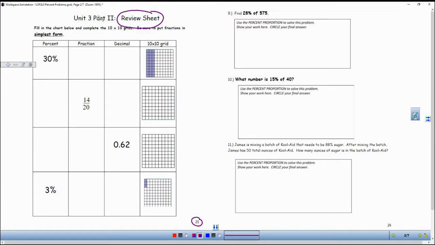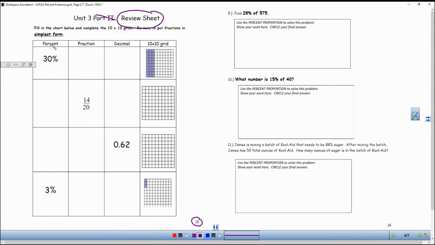I know it says Part 2, but you can just kind of get rid of that. So I'm going to kind of walk you through this, give you some tips and suggestions. This is going to be due in a few days. I put the date in Google Classroom. It's also written on the board in school, but I'll keep reminding you about this review sheet as we go. So I'm going to give you some pointers and tips here. So on page 25,